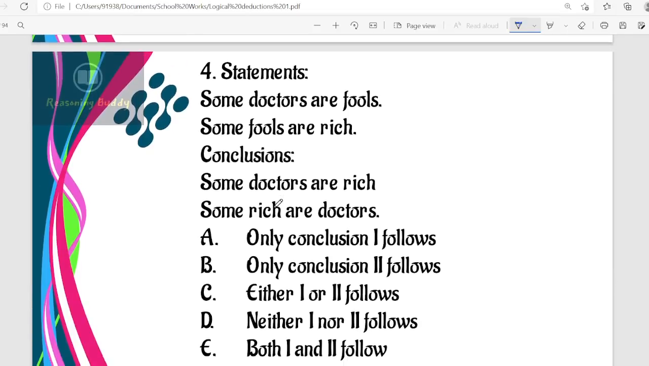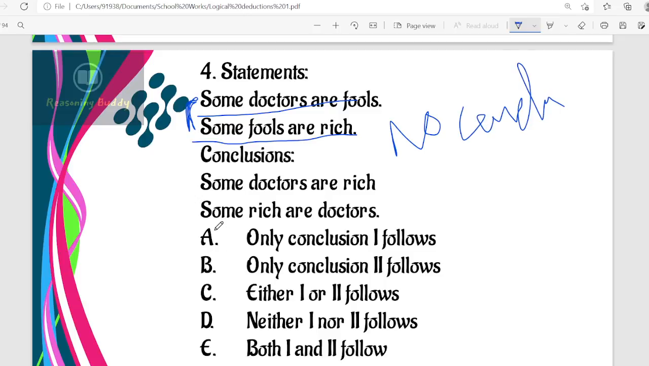Next, some doctors are fools. Some fools are rich. So first rule, so directly you can take, that is rule number 4, that is two particulars, there will be no conclusion. In this case also